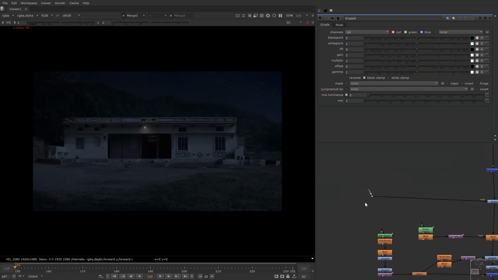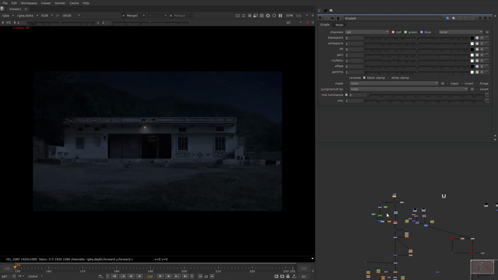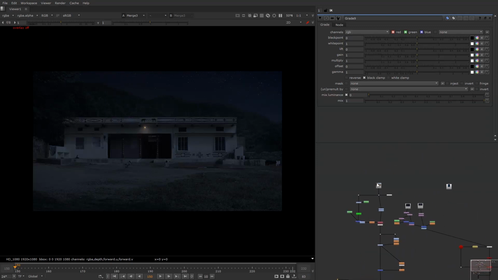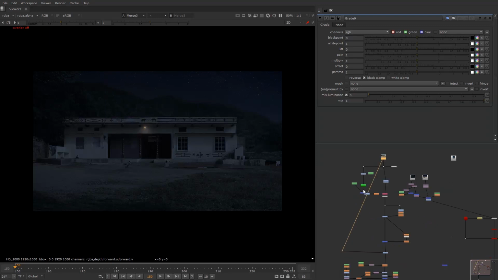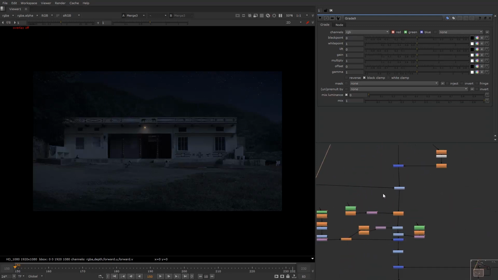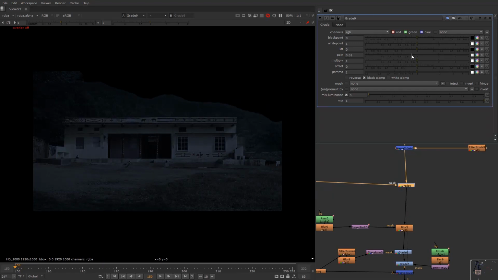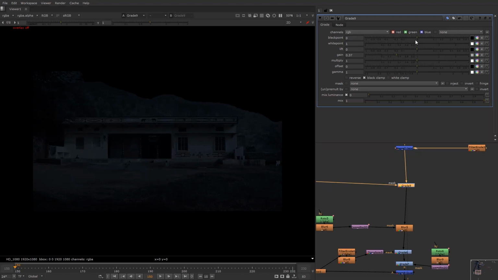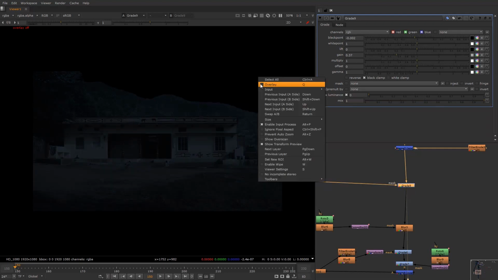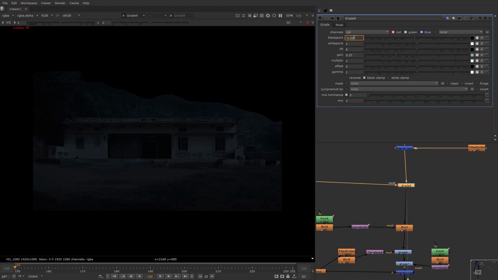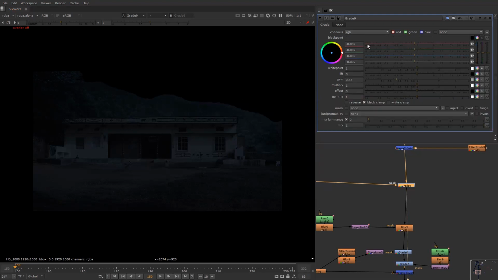If you want to connect this node directly to your scan, select both of them, first this and second this, and press Y, so your node gets connected automatically. Okay, let loose the light of the house a bit. Okay, like this, and slightly add some. Lift the blacks as well slightly, and the blacks are mostly red. When it was